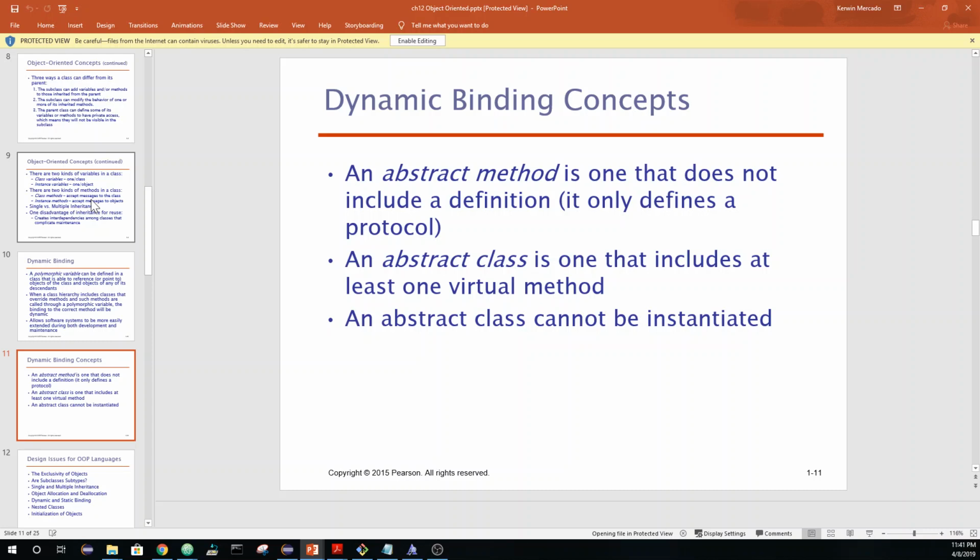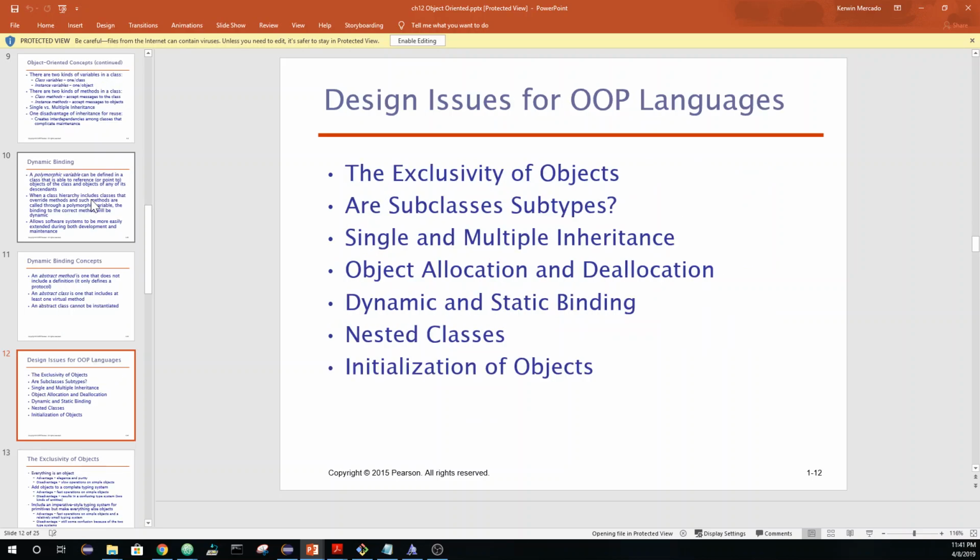Dynamic binding concepts. An abstract method is one that does not include a definition. It only includes a protocol. An abstract class is one that includes at least one virtual method. Design issues for OOP. The inclusivity of objects: classes, subclasses, subtypes, single versus multiple inheritance, initialization of objects, nested